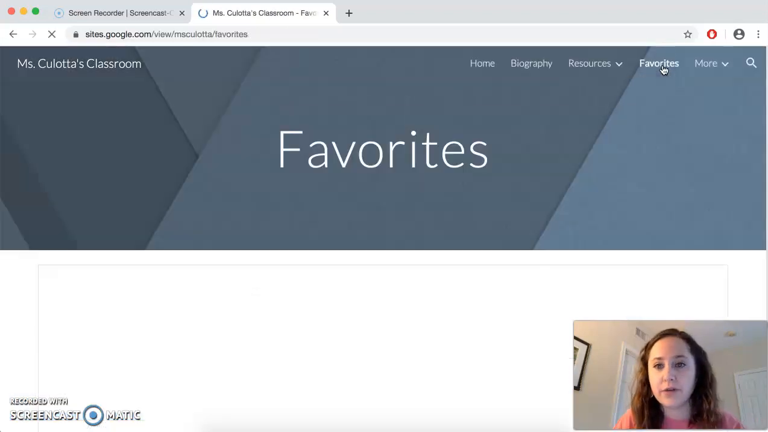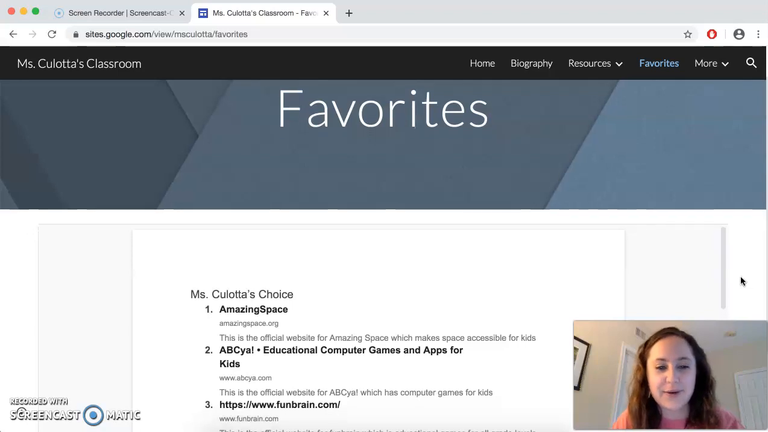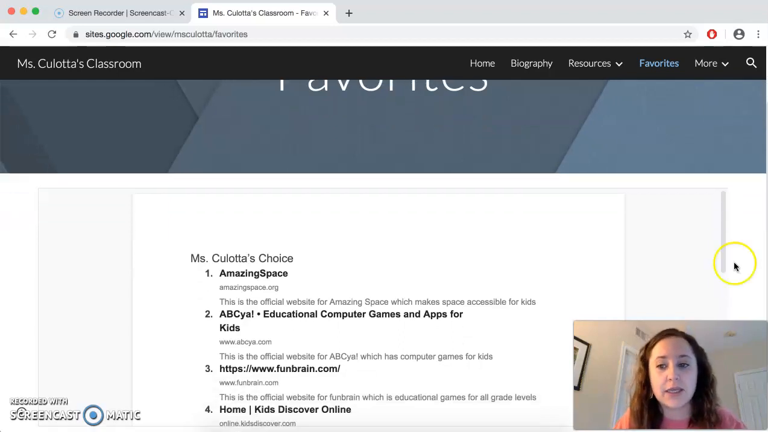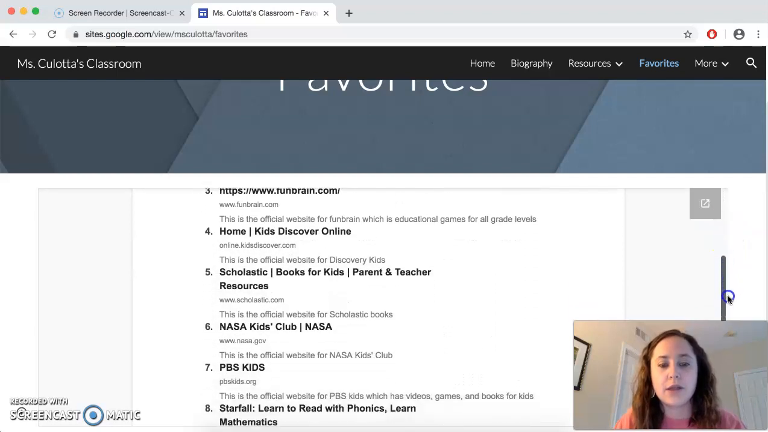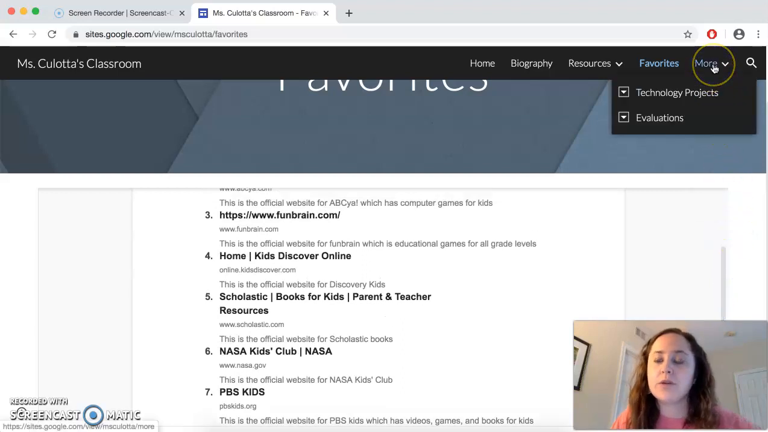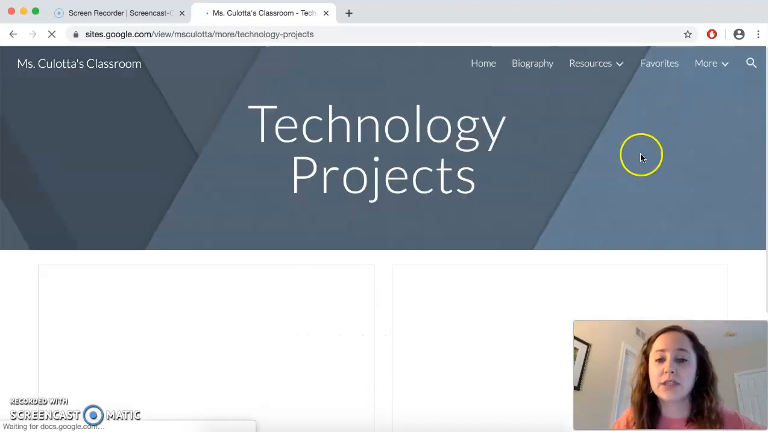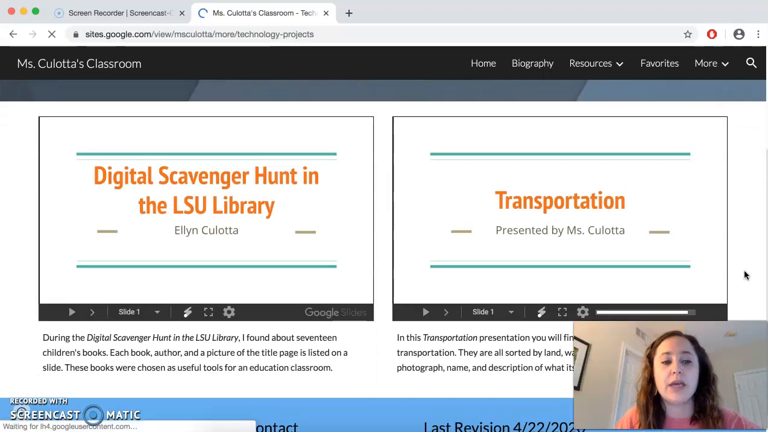Moving into our favorites, in this tab you will also find even more technology-based resources for young children to learn and to continue working through their learning process in different ways. When you click the More tab, you'll see under it, it says Technology Projects. Clicking on Technology Projects itself will bring you to both a digital scavenger hunt on the left here,